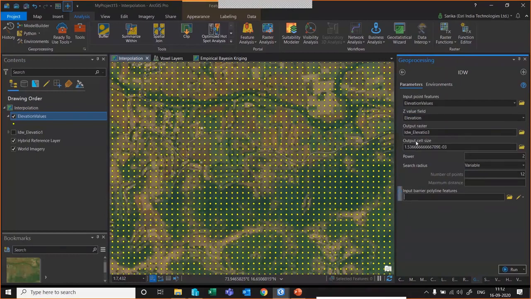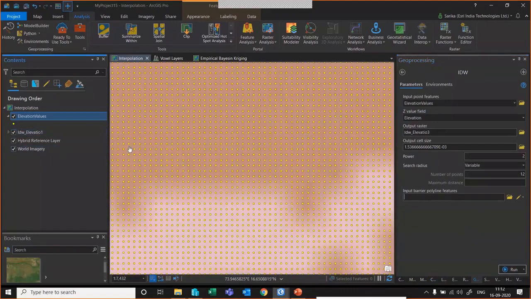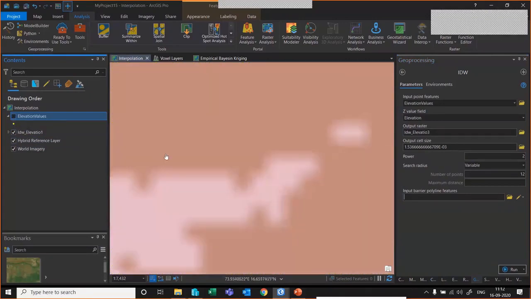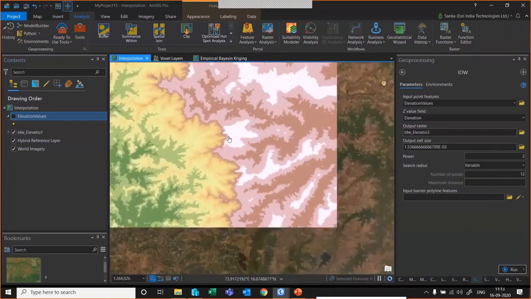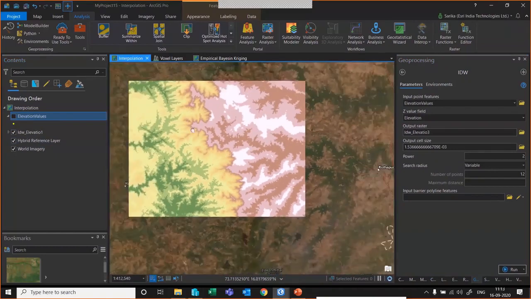After filling all the parameters, you can quickly click on run. Since it will take a while, I have already run that tool for you, and here it is. I'll just disable these elevation values and zoom out, and you can see the elevation raster has been generated out of it.